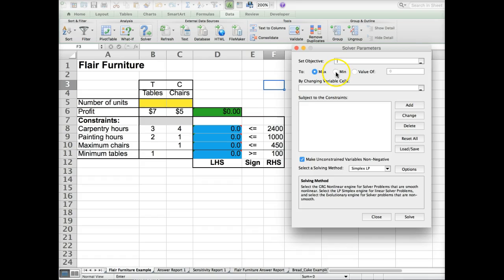If we were doing a minimum, like a minimum cost, we would do this. If we wanted to do, let's say, a break-even analysis, then we would click this and then say value of 0. Of course, if we're talking about profit, we know that break-even points happen whenever profit equals 0. So here, to get what we need in this cell, we need to refer to cell D6. So let's go back to Max, and then we need to click on